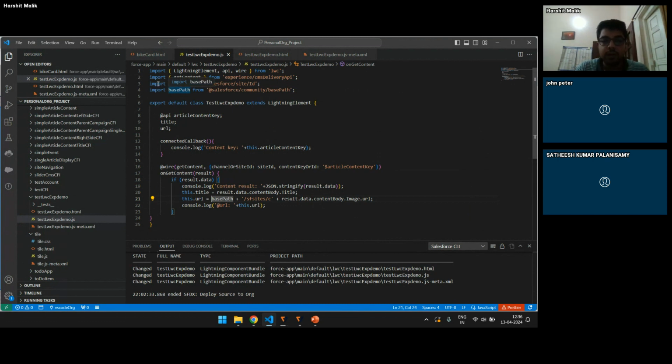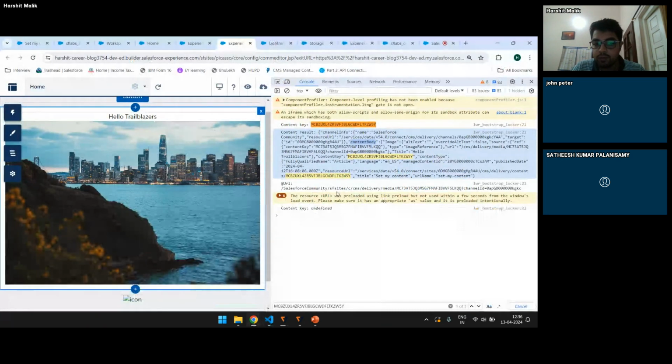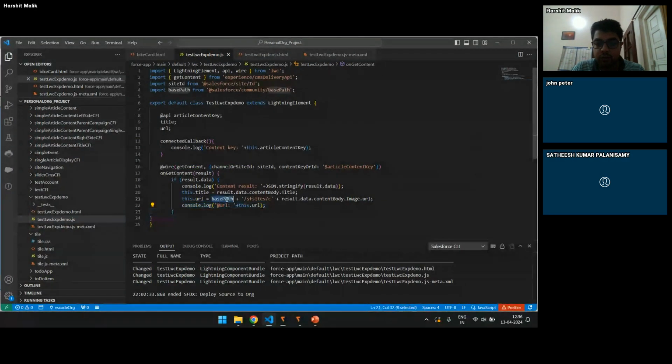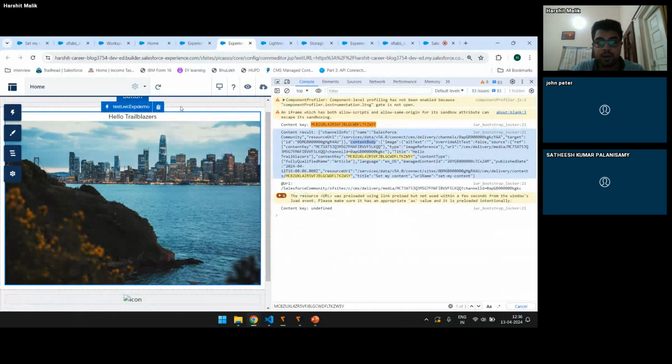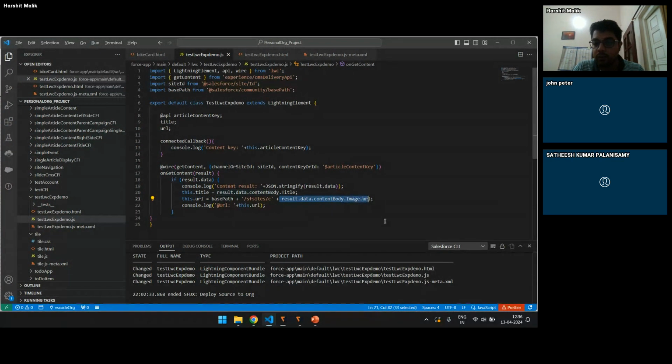Import your base path, your site ID, your getContent. getContent is responsible for fetching your data by hitting an API. Site ID is responsible for getting your community ID. Base path is responsible for setting the URL for your image. So I've already printed this URL, you'll get it, what exactly it is fetching. So it's Salesforce community slash sfsites. So it's your Salesforce community. Automatically it will fetch your current community that you are logged in, community sfsites, and your contentBody.image.url